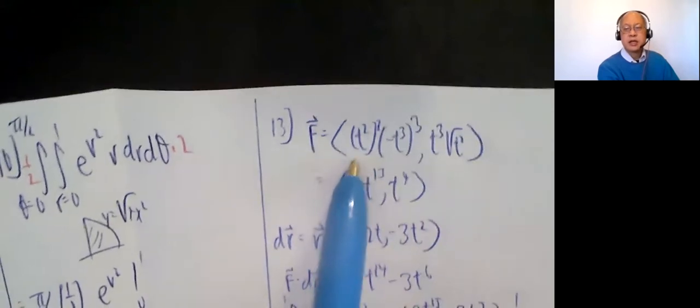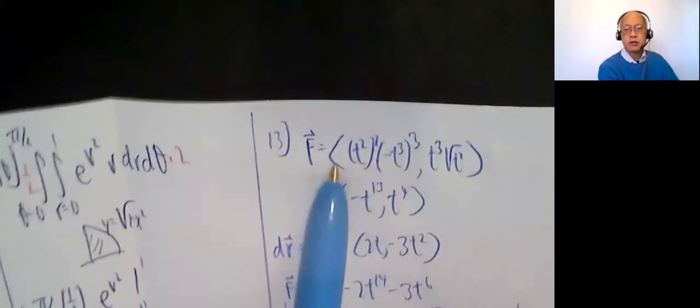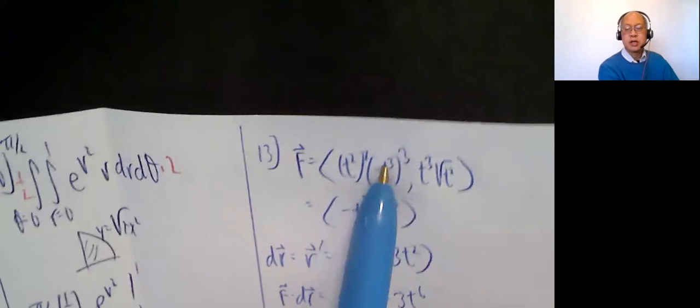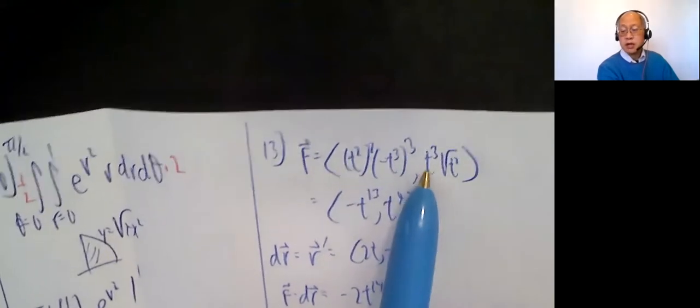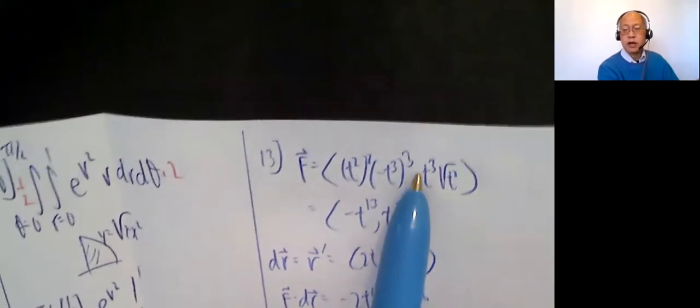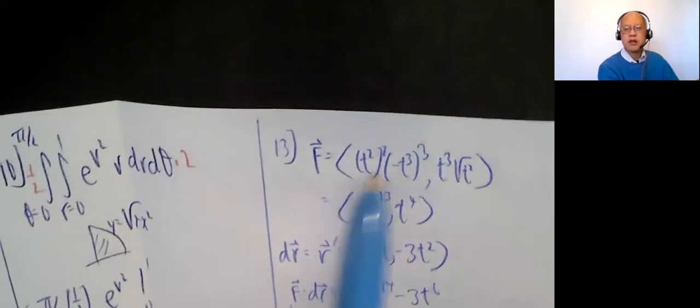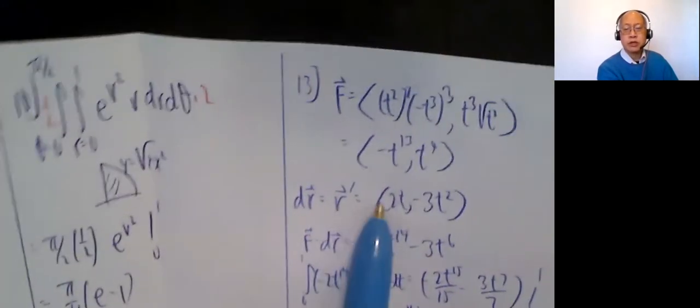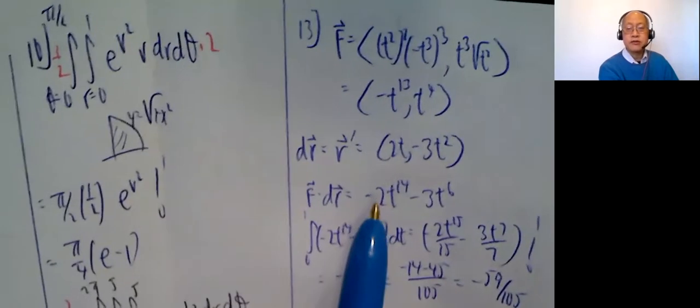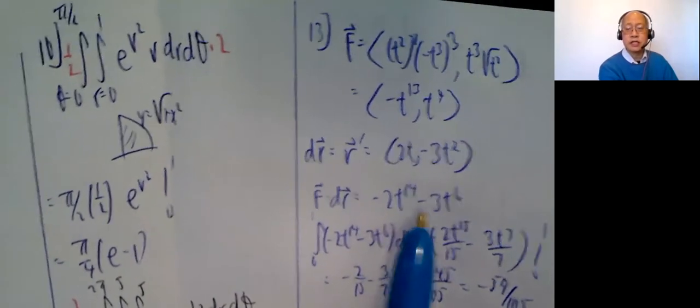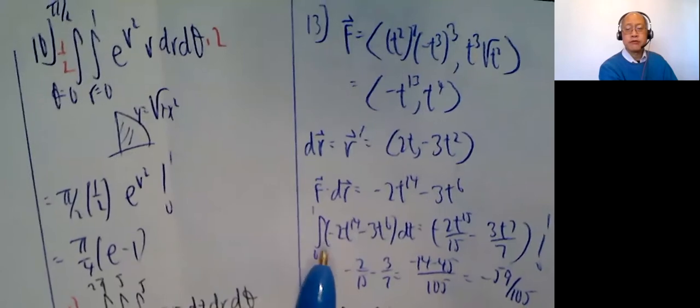13, f is x squared y cubed, so t squared squared, negative t cubed cubed, and then t cubed y radical x, so t cubed radical t squared, or negative t to the 4 plus 9, 13th, t to the 4th. dr, which is r prime, is 2t, negative 3t squared. F dot dr is negative 2t to the 14th minus 3t to the 6th. So I want the integral from 0 to 1 of negative 2t to the 14th minus 3t to the 6th,